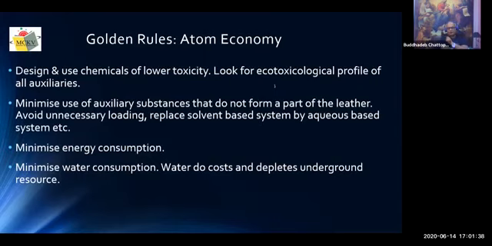Minimize energy consumption. I have a small observation here. Look at the drums in our tanneries. We have more or less 3 categories of drum. One in the beam house, 3 to 5 RPM. Then in the tanning, 8 to 10 RPM. And then in the finishing, 18 to 20 RPM. What is the RPM of the armature of the motor that transfers the motion to the drum? It is about 900 to 1200 RPM.